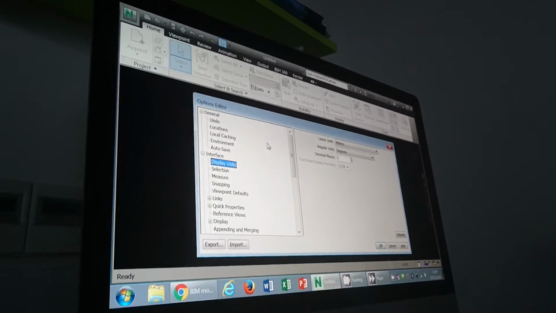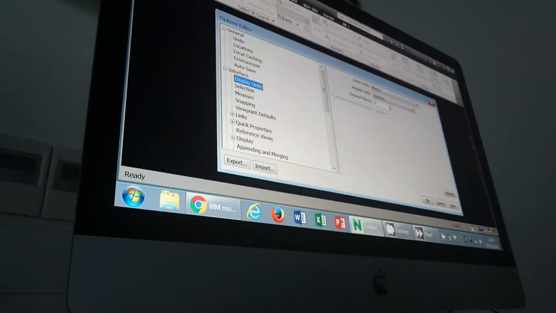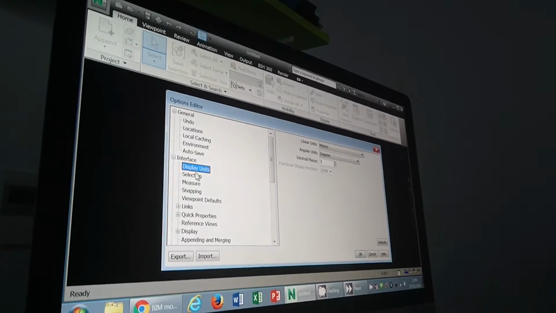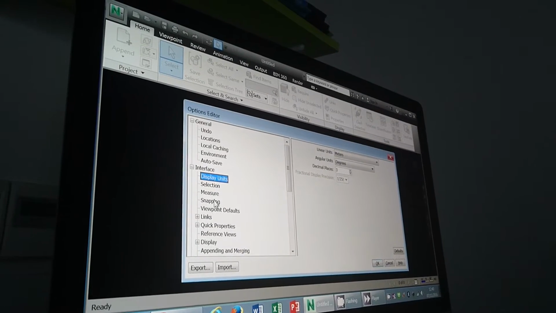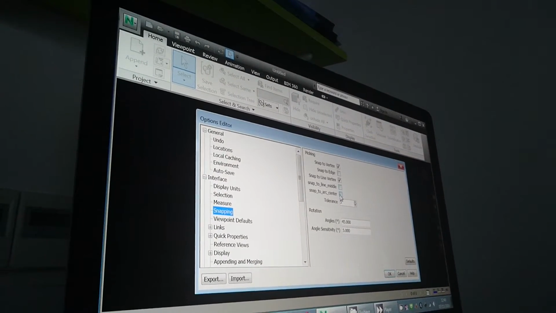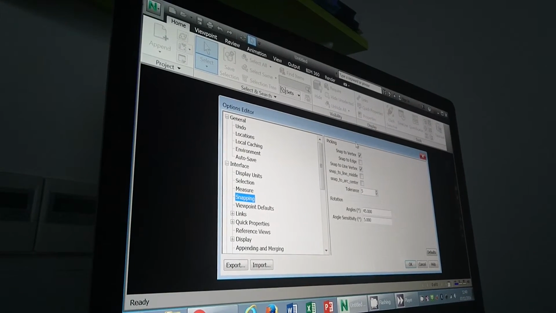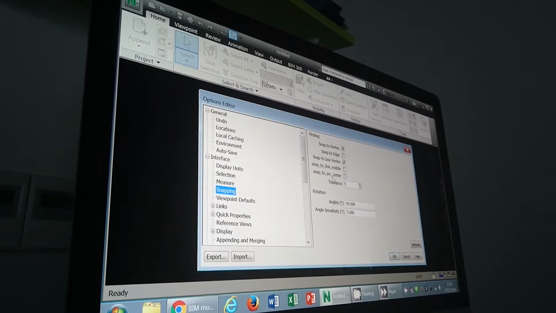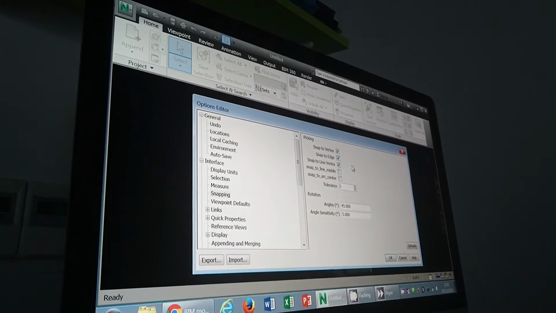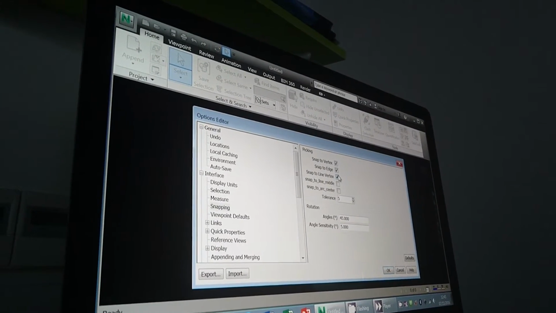Where did you get that from? The option? Yeah. Here in options. What's important here is, interesting, something new: to snap these things, just check out these things, snap to the edge. Why is it important? For instance,